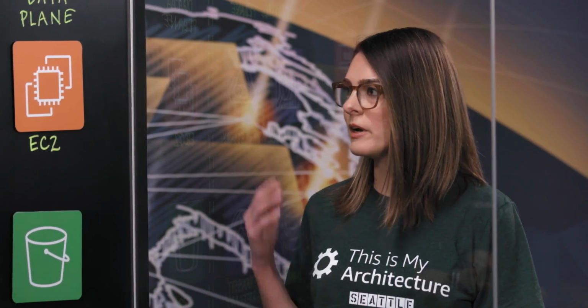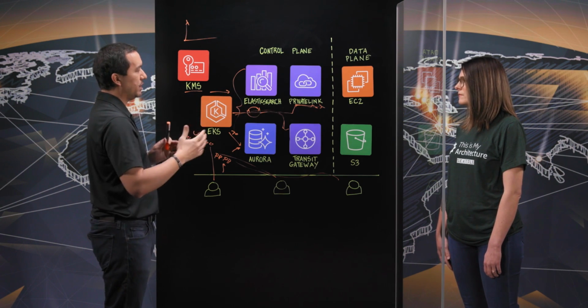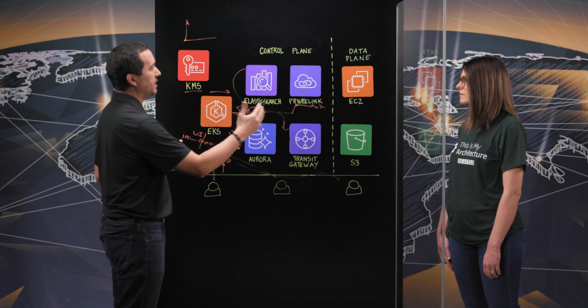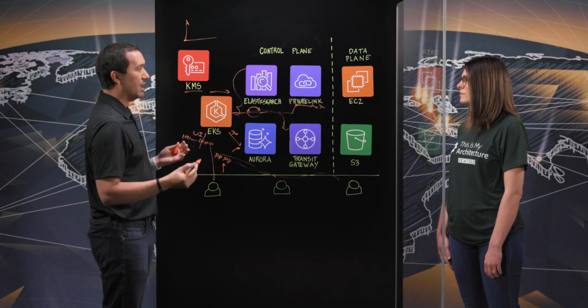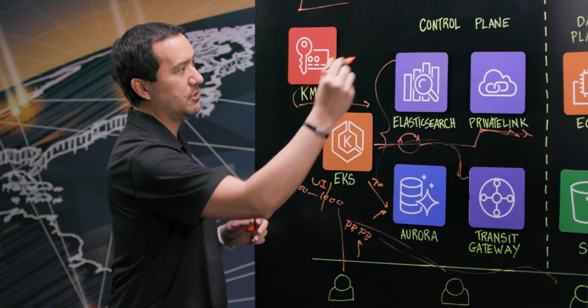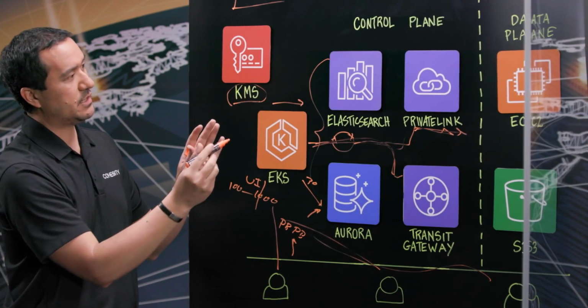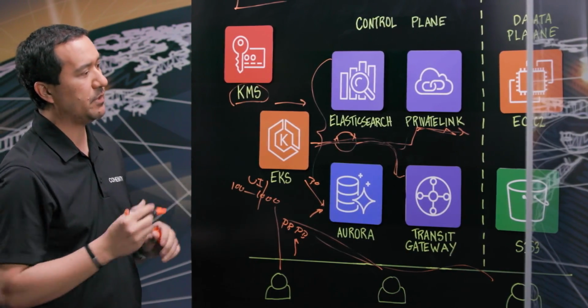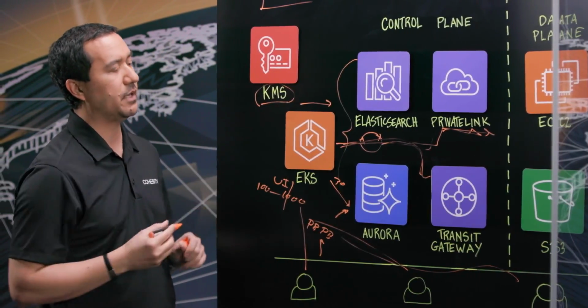Yeah, that's great. I want to take us to this final part of the data plane. I know you mentioned KMS. Obviously, that's super important to make sure data is secure. Can you talk about how we go between these two planes? Yeah, definitely. We've separated the control plane and data plane so we can scale and have a modular configuration. The data plane is leveraging EC2 and S3. When a customer subscribes to the service, we use KMS to encrypt all the data that's moving across the link into the data plane. Each tenant also has their own unique environment that's provisioned automatically when they subscribe, so we can scale up linearly and horizontally depending on the customer's use case.